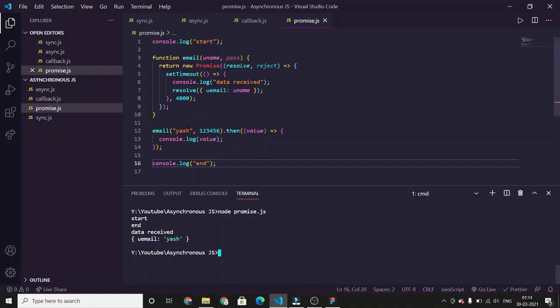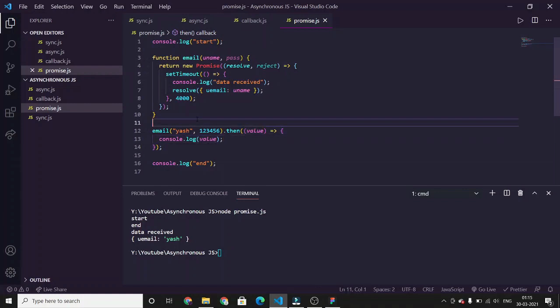What's happening is, when the promise is resolved, it contains a value. The value is this object, and when the result is encountered, the function inside the dot then block is executed. So this object is passed as a parameter, and we are simply printing this parameter.